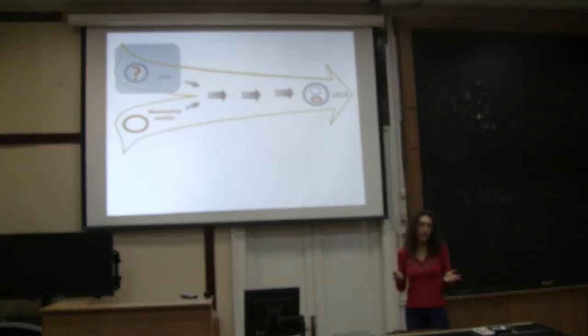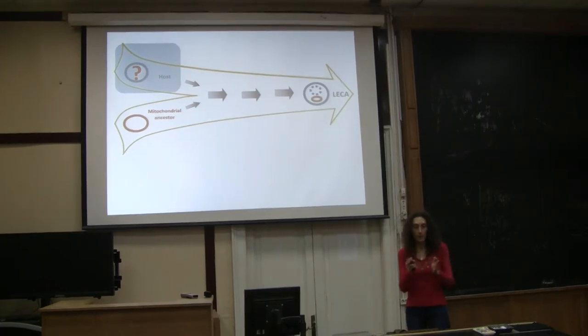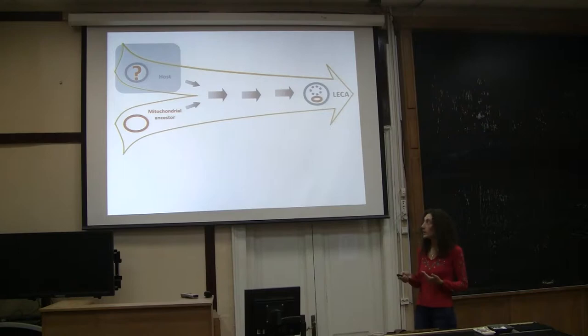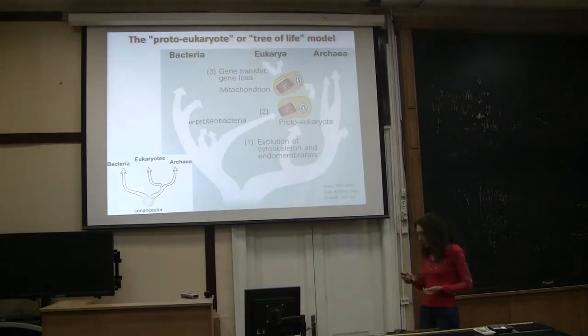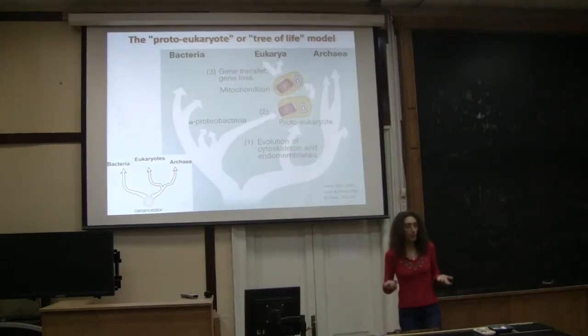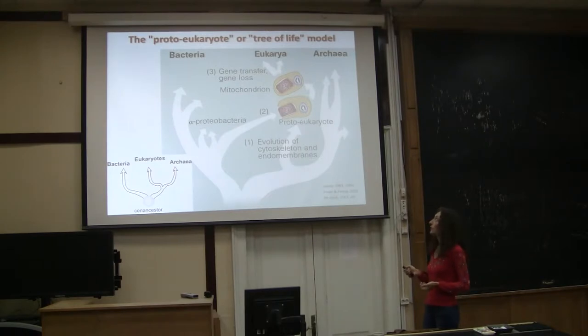It's impossible to be exhaustive, but in types of models, I'm focusing on those that propose more details in the process of how eukaryotes should have appeared. So the most classical model, that I would call here the proto-eukaryote, or some people call the tree of life model,